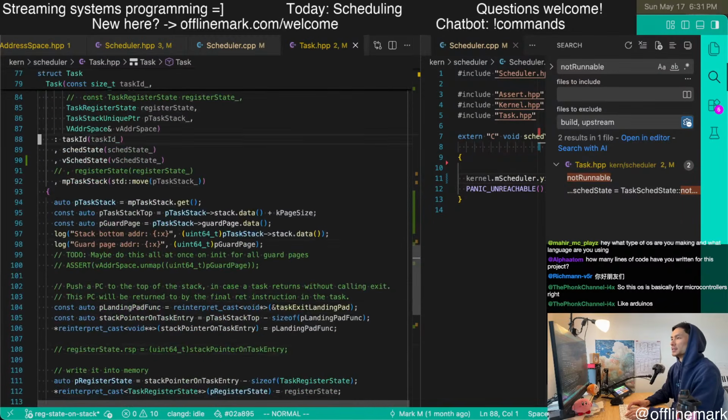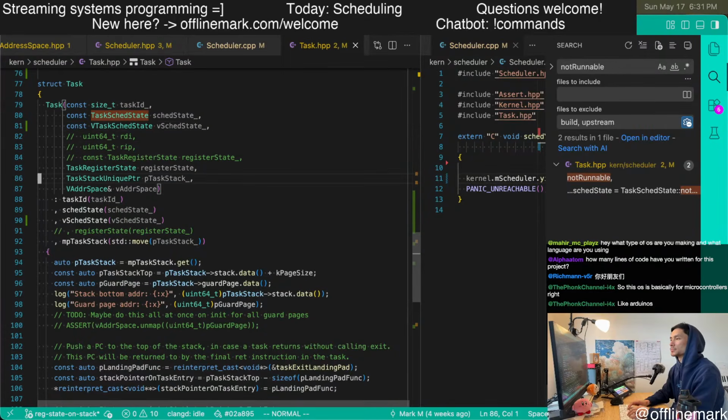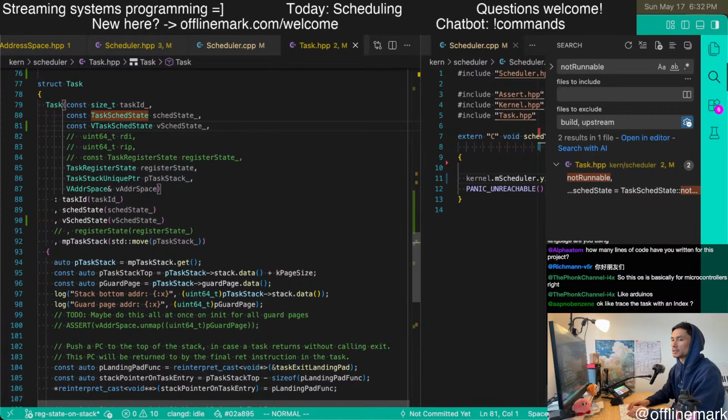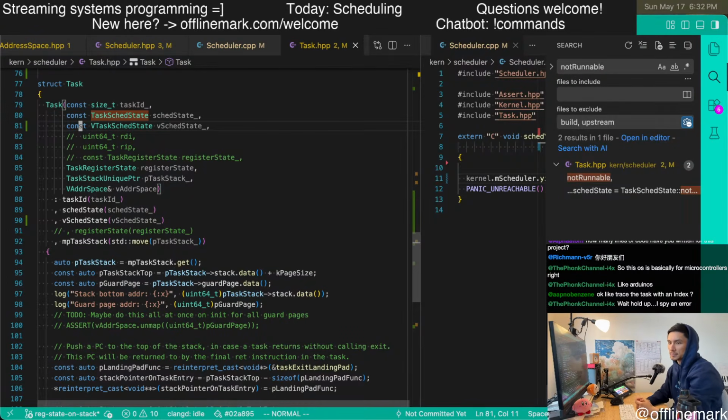So on initialization though, it's kind of interesting. Trace the task with an index. It's an iterator in C++. It's sort of like this pointer that goes around. Well, it's not really a pointer, but iterator really is the term. And it iterates around the list.